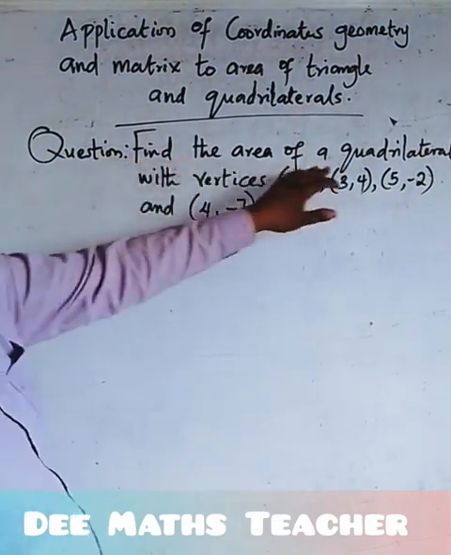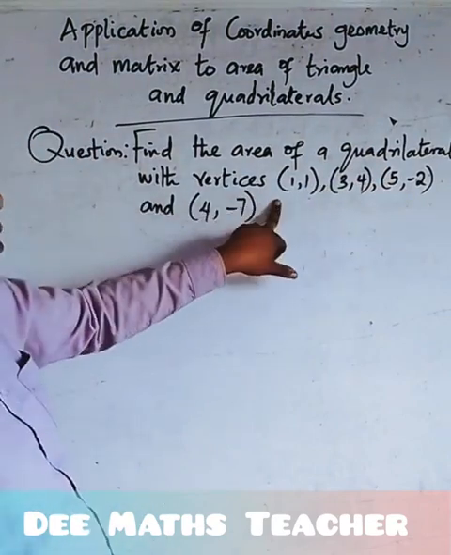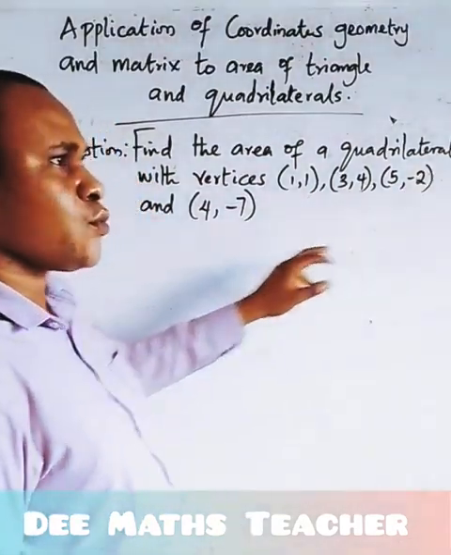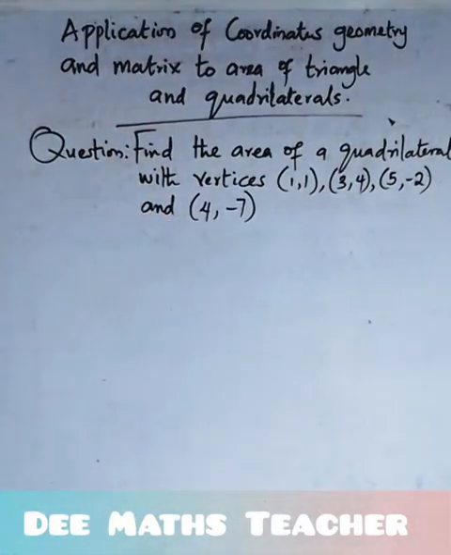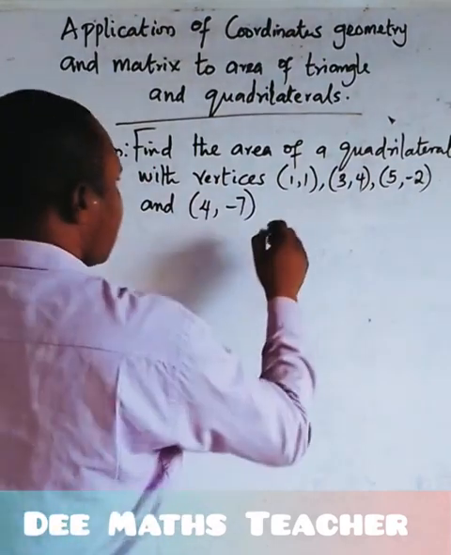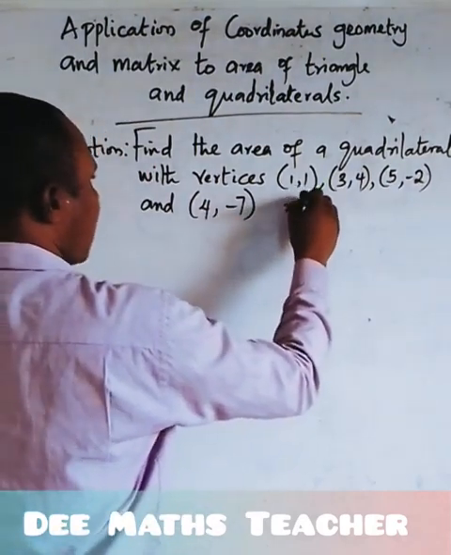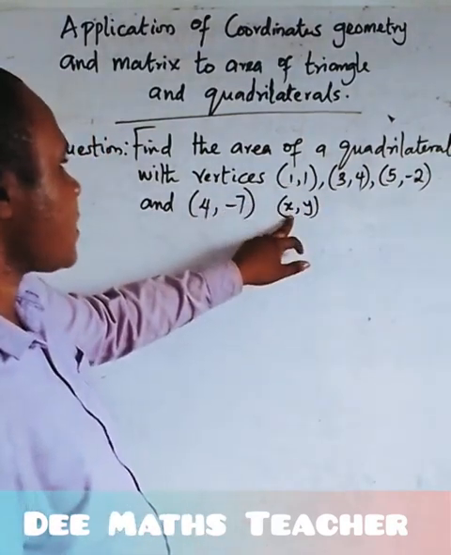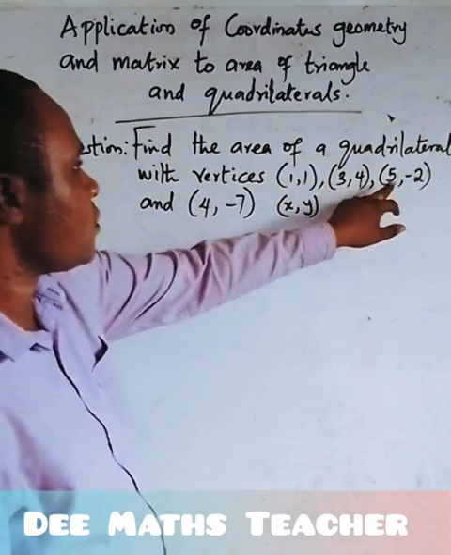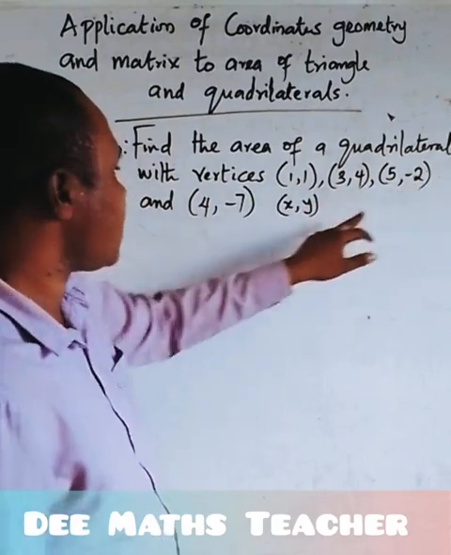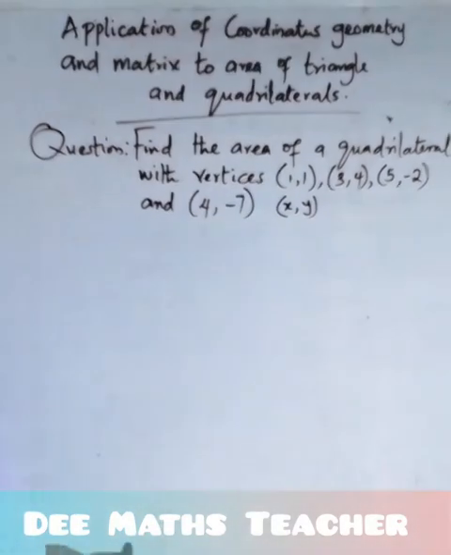We have to find the area of a quadrilateral with the following vertices: (1, 1), (3, 4), (5, -2), and (4, -7). Please, we need to understand that each of these points is in the order of x, y. So the first number here is for x. So this is x1, x2, x3, x4, and here will be y1, y2, y3, y4. So having known that, let us